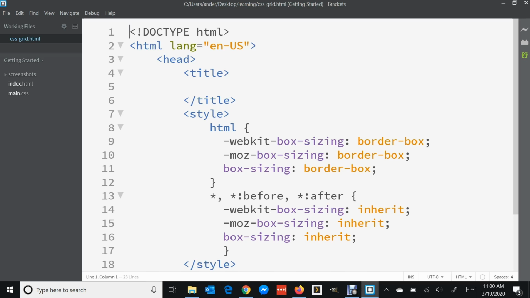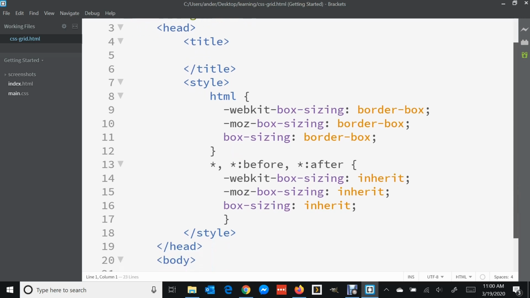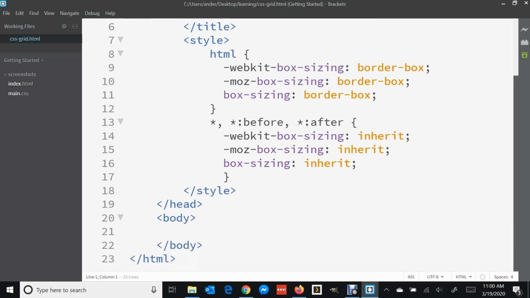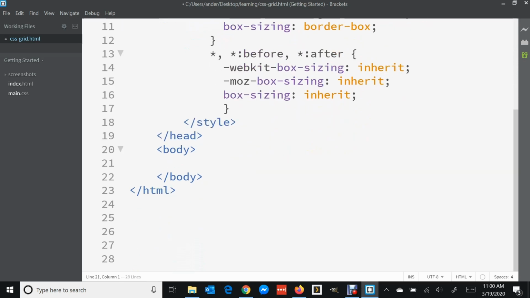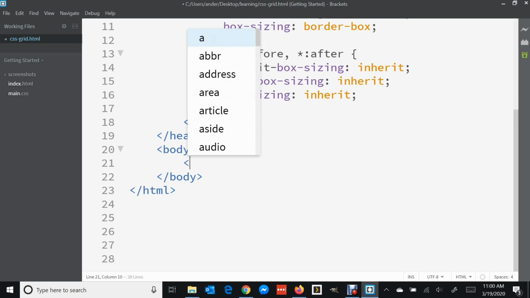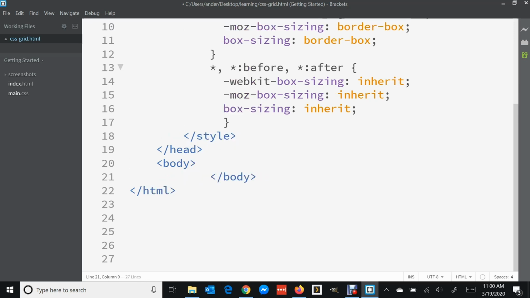All right, so we're going to need to have some boxes to learn the basics of CSS. We're going to, as we have done with floats and absolute positioning, create what's called a container, and that'll be the first element we produce down here in the body section. So after the body open tag, we're going to put in a div. There is no HTML5 element for this, so we can't simply type this, container. Would have been nice if we could have, but we're going to have to do this as a div